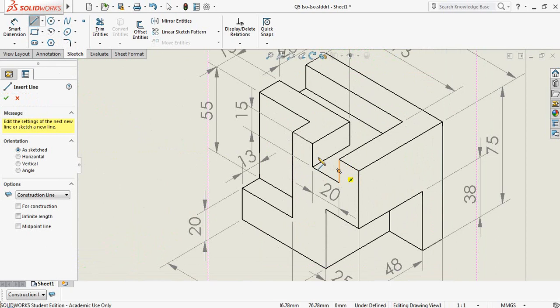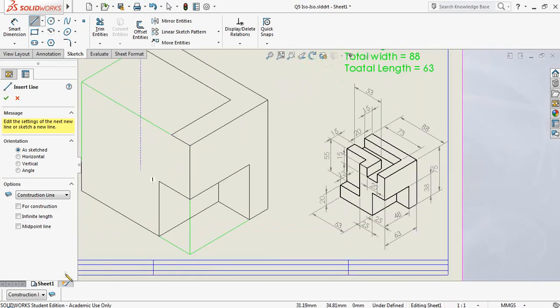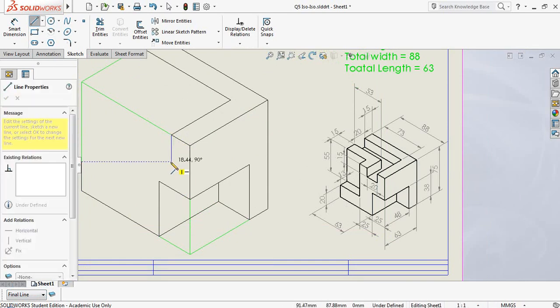height over here is equal to that height over there, and it gives me the height over here. Remember that arrow is pointing to the inside of the lines. These two lines and these two lines are lined up with the height of this line and the height of that line, which is 15. So we do know the height of this line over here, and we can draw it in final line. With your T-square and your 90-degree set square, you're going to go ahead